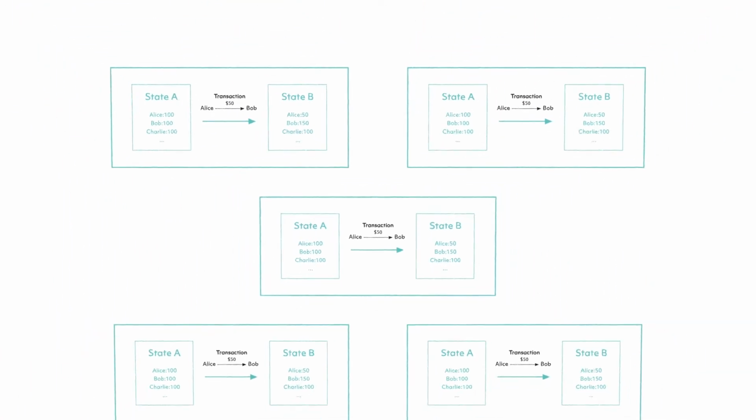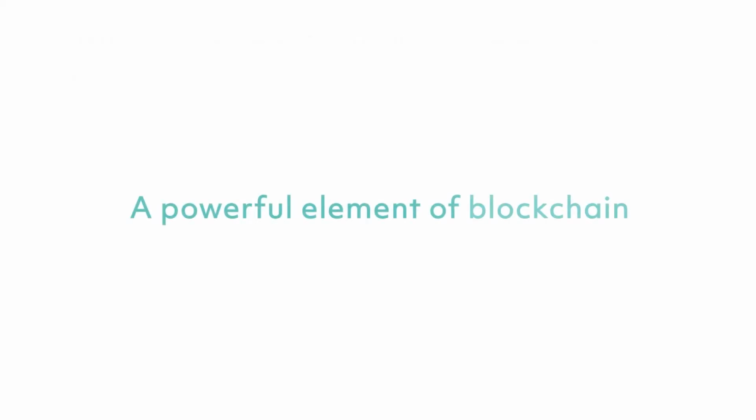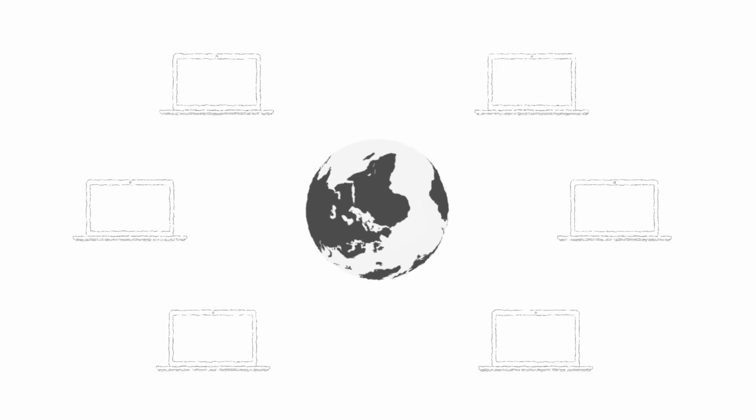What we are looking at with blockchain, however, are multiple state machines, distributed across the system, which communicate with each other. So here is one of the powerful elements of blockchain. As a state machine that is distributed across different locations, this can replace a central system and entity when it comes to validating and executing transitions of state. You can understand the state machine as a computer, or what we call a node, and these computers are distributed all around the world.